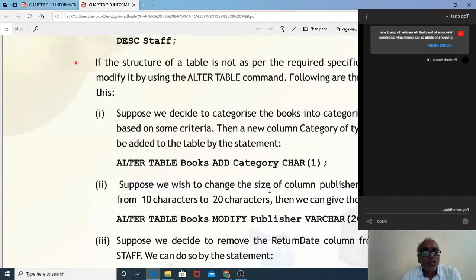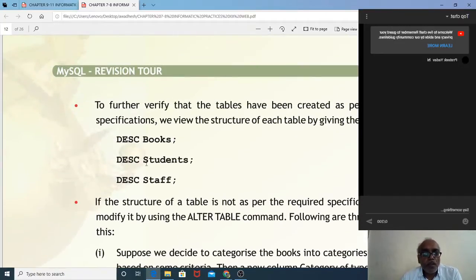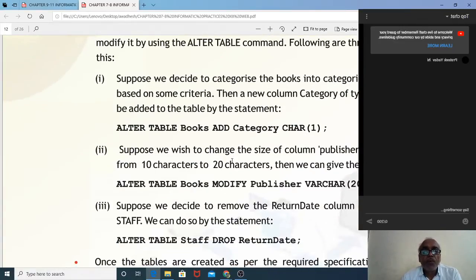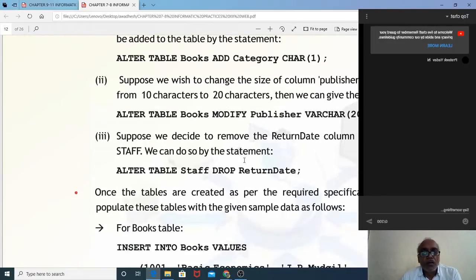In this, he wants to show describe books, so it will show you the structure of the table. Then we have alter table books add category, so he is adding one more category field in the table books. Now suppose you want to modify the publisher column from 10 characters to 20 characters.